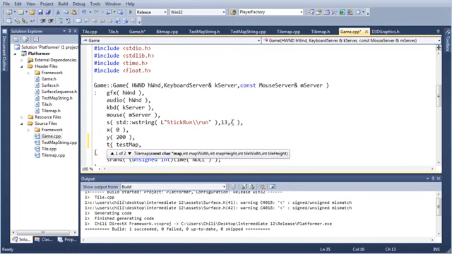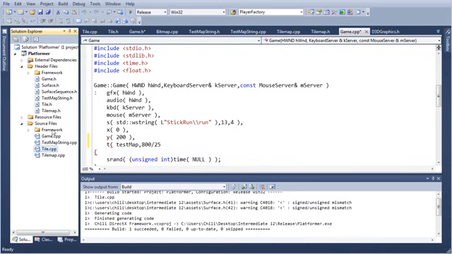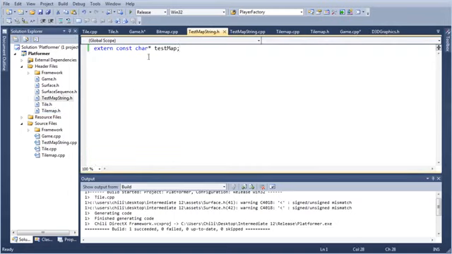So, I don't like that. #define tile size is 25. #define map width as 800 divided by tile size. #define map height 600 divided by tile size.